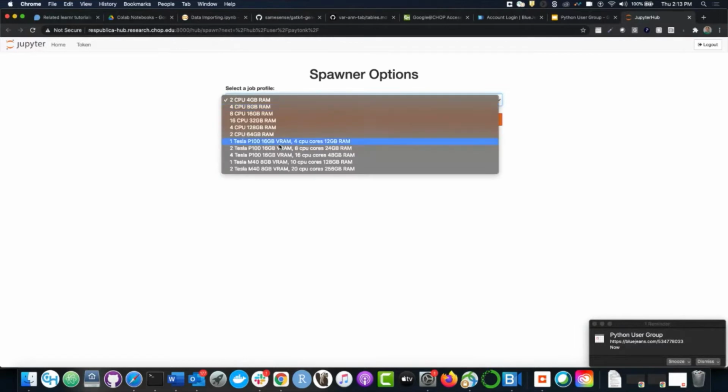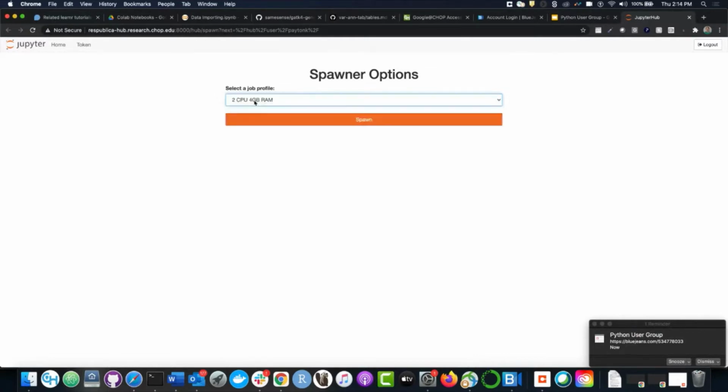All right, so here I am in ResPublica. It allows me to choose the job profile that I want, which is great because if I'm doing a notebook that has really big memory needs, or I need a GPU, I can choose that. In my case, I just want the very basic, so I'm going to spawn that.